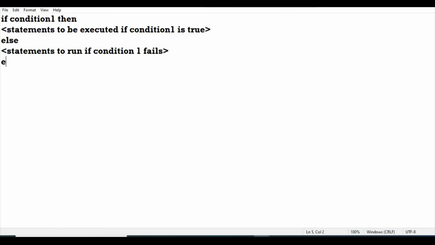And finally, end if. Right? This is the general syntax. Clear?